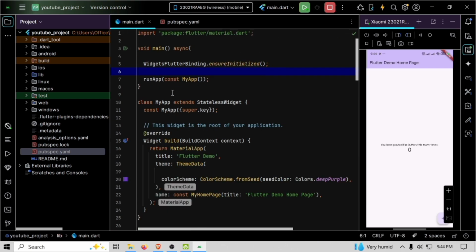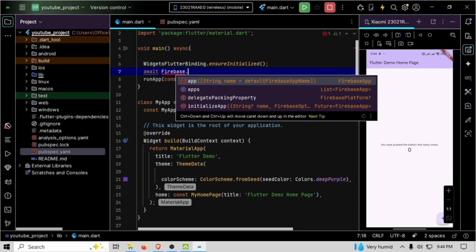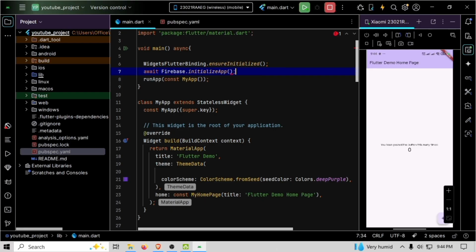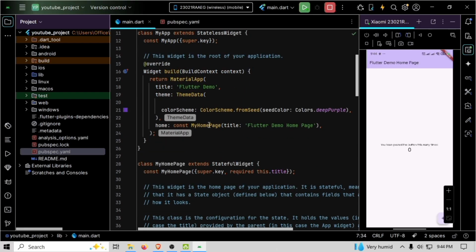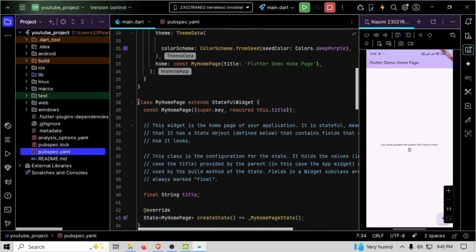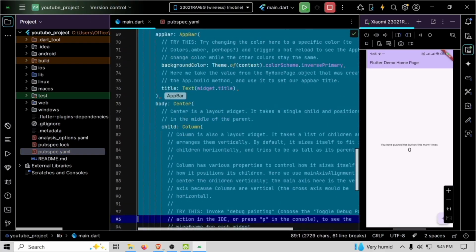Now go here. Now connect the Firebase for this. Type await Firebase.initializeApp. Now we have successfully connected Firebase to our Android Flutter project. Now I remove this default home screen counter app code,